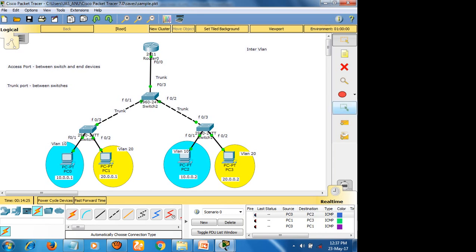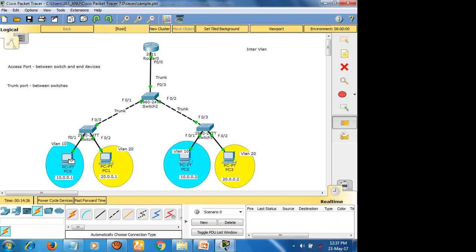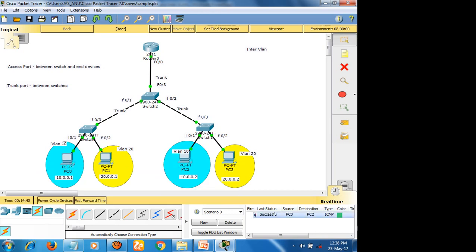Now we can check the connection. First I will check from virtual LAN 10 to 10. I'm getting a success message. Now I am checking 10 to 20. I got a success.